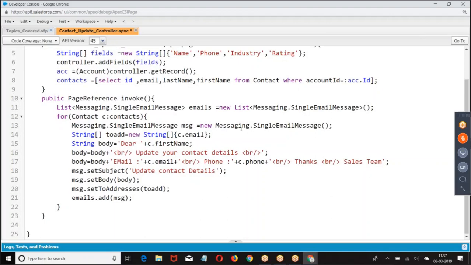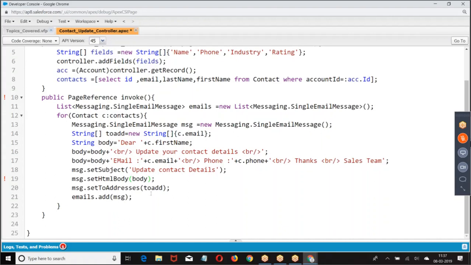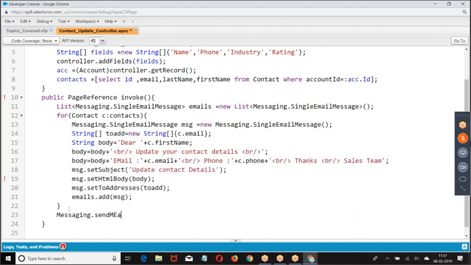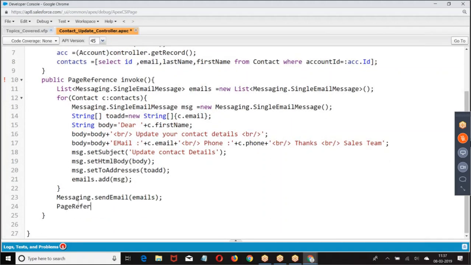What I'm doing is taking one contact at a time, then creating a body and sending the email to the corresponding contact. Set the corresponding to address, set the body, set the to address. Then I told Messaging dot send email.